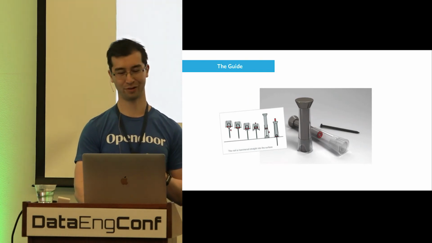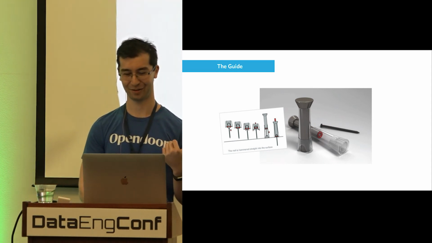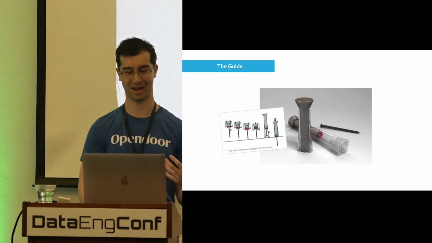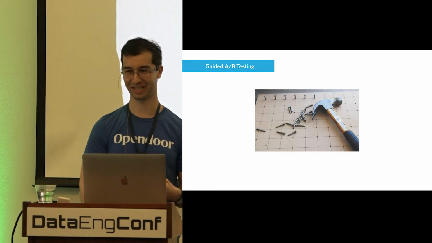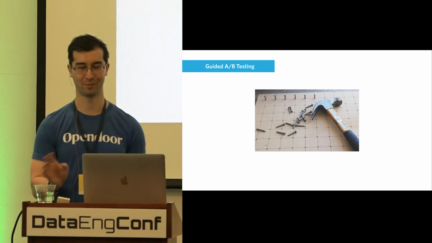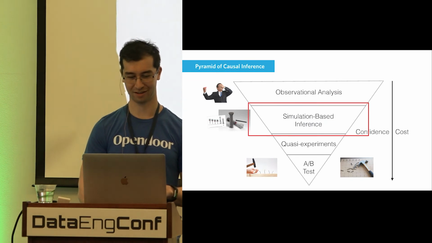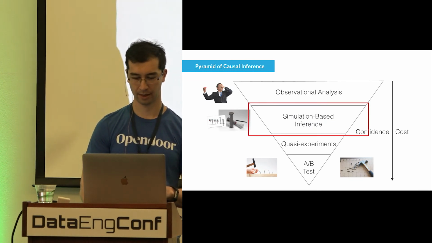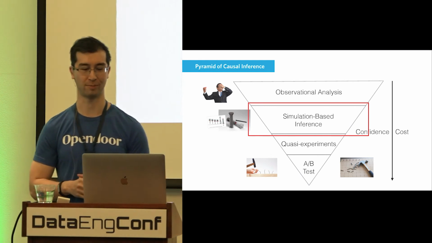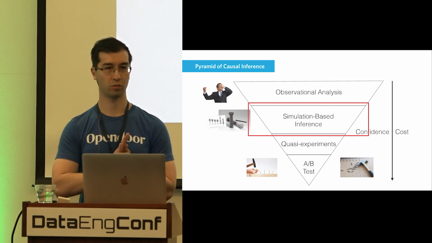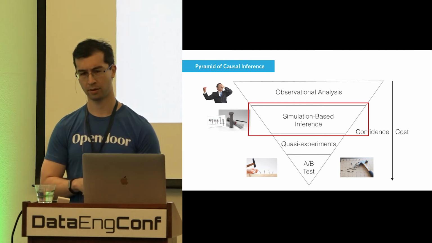This seemed like a really good metaphor. This thing actually exists. It's called a nail assist. So if you use it in concert with a hammer, then you get straight nails. I don't mean to hammer you over the head with metaphor, but I thought it was appropriate. So where we were is you've got this pyramid of causal inference, and with the nail assist, you can supercharge your A/B testing.